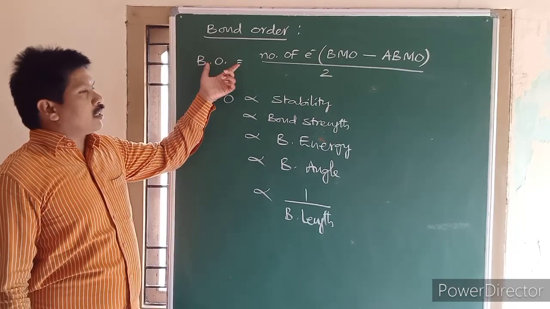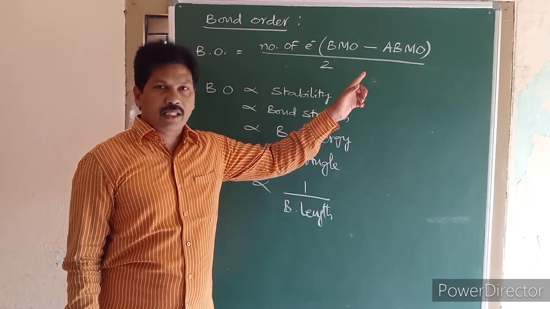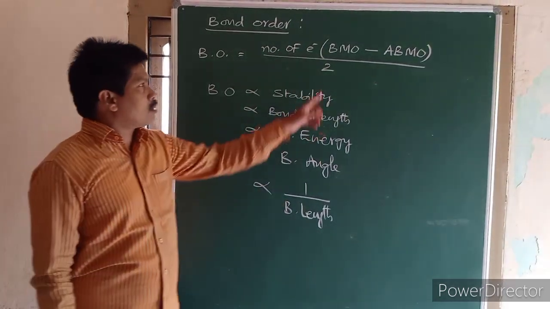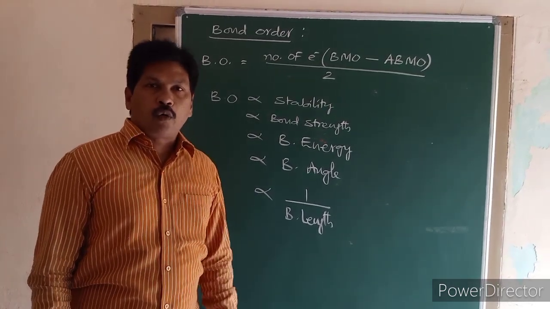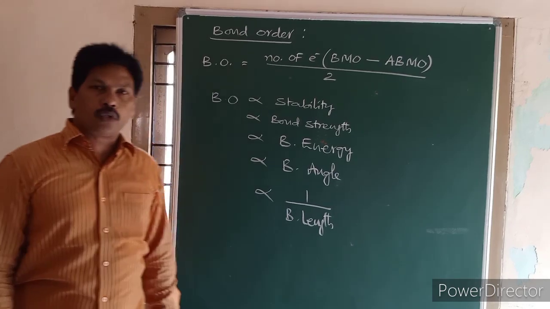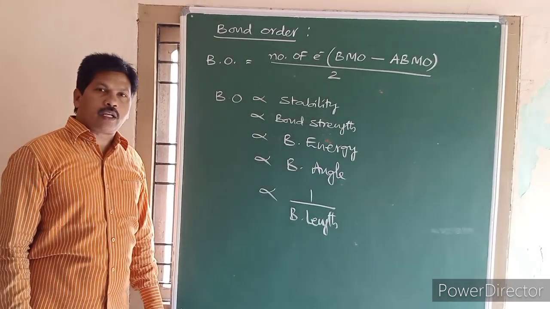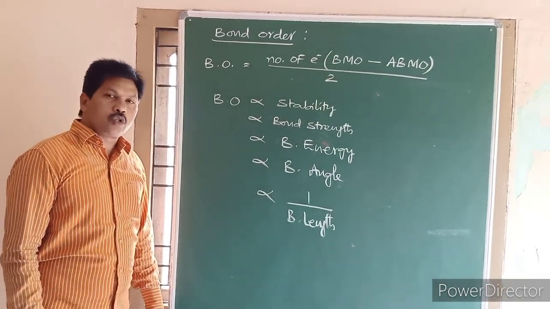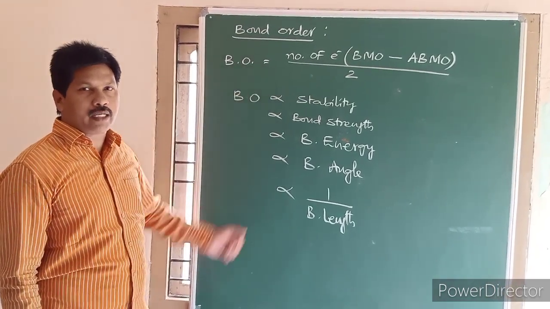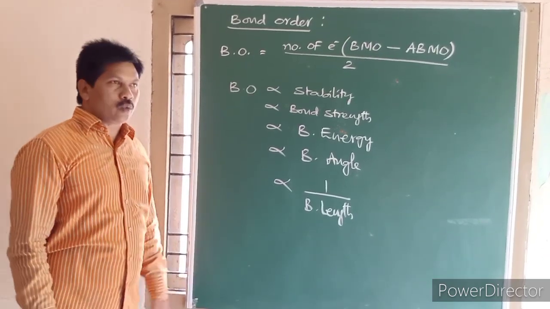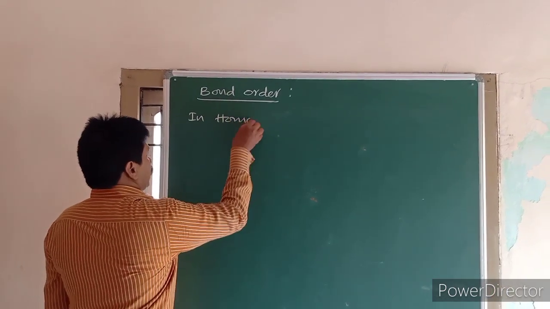The bond order is nothing but the number of electrons in the bonding molecular orbitals minus anti-bonding molecular orbitals, divided by 2. This is calculated by using some super tricks to find it in homodiatomic molecules, homodiatomic species and heterodiatomic species also. And also in the resonating structures of molecules we use it to calculate the bond orders. Some examples we are going to see. For example, in homodiatomic molecules,